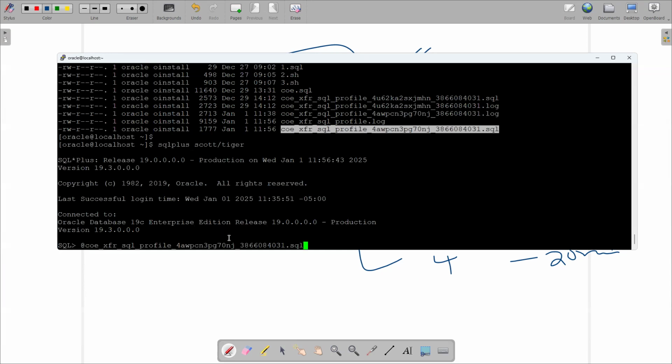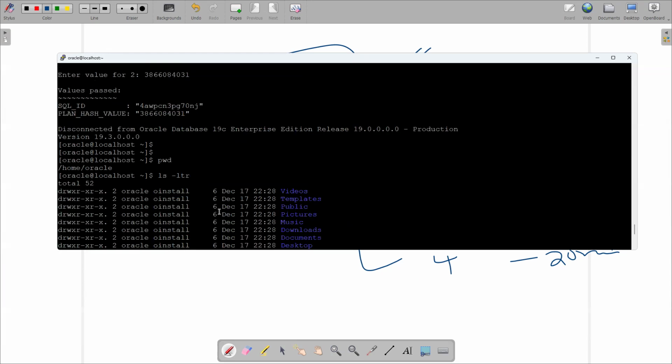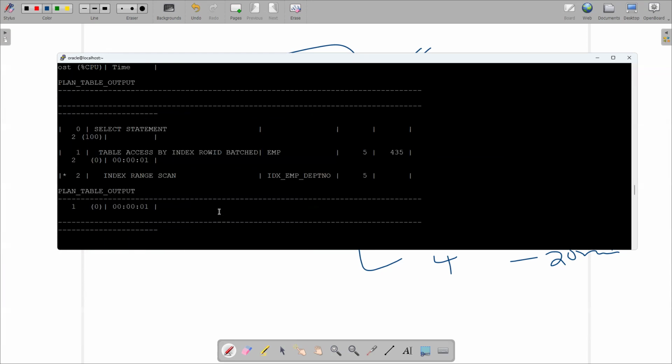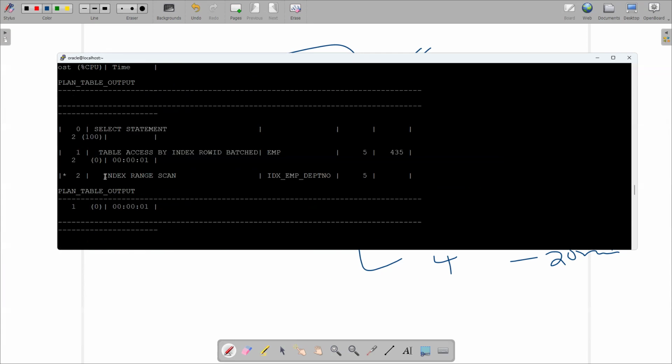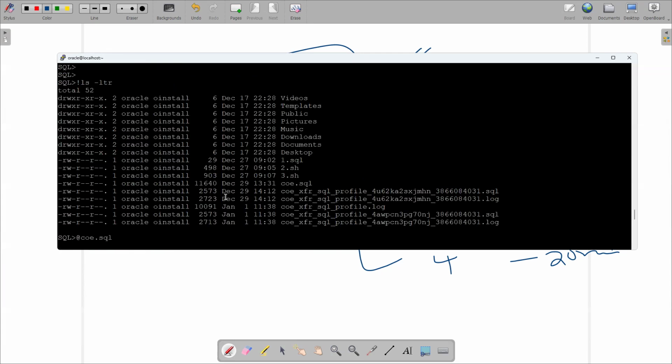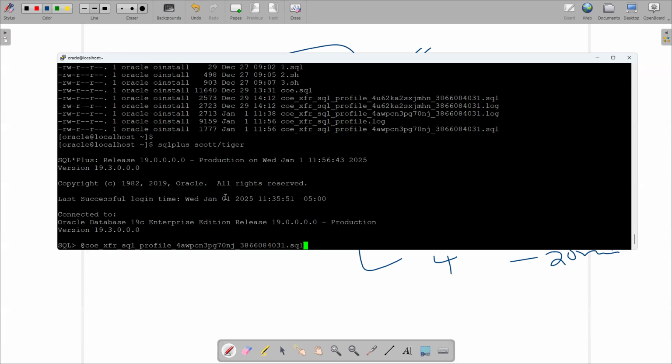So what is it doing for this SQL ID? This is the SQL ID, and this is the plan hash value. For this SQL ID, it is going to set this plan hash value. If you see here, the one ending with 4031 has taken the index range scan, right? So if you give this one,